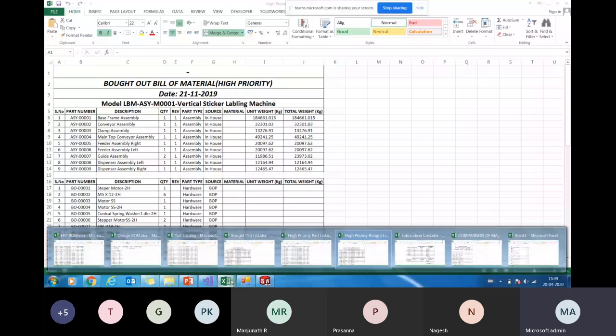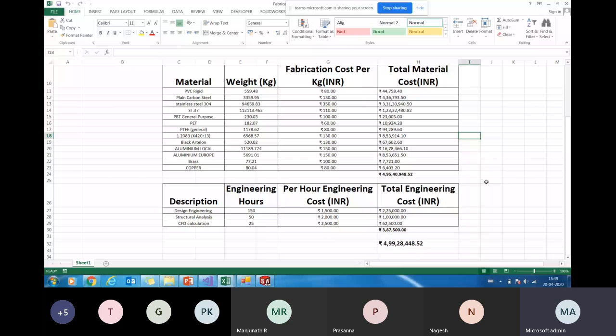The fabrication cost, what we have been talking about. Now we are getting the composition of the machine, the outer material. So now the user needs to fill in the per kg cost. When I say per kg cost, this includes the labor cost, material cost, painting, surface treatment, pickling, passivation, etc., whatever the manufacturing standard calls for. So when I say 130 rupees for plain carbon steel, this includes the material cost, labor cost, painting cost, everything. Based on this, I get the finished weight cost of the machine.